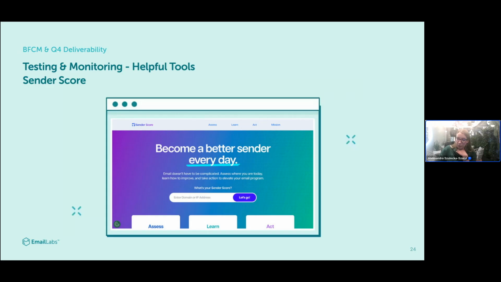It shows a line for the reputation, and also a line for email volume. So you can see if, for example, increased email volume lowered your IP score. Apart from the score, it also shows you if the IP address that you use for sending is listed on any block list.